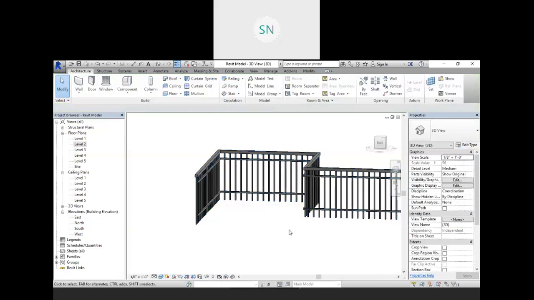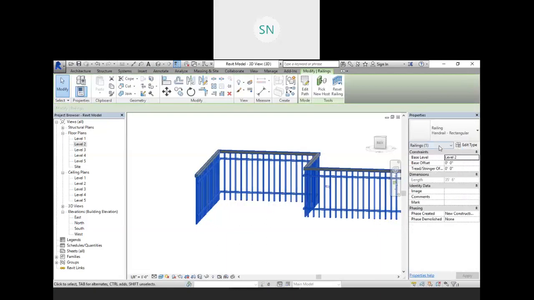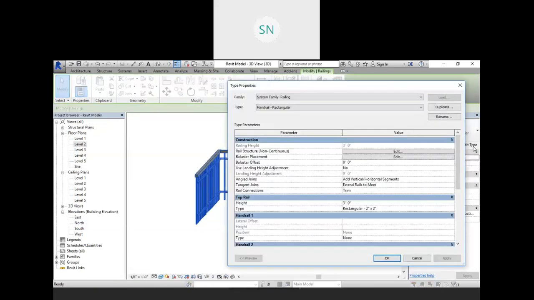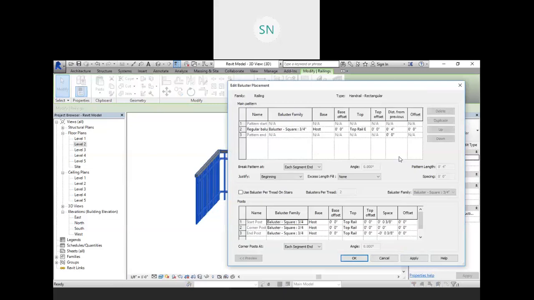So here we have added two horizontal members over here. Now let me discuss the vertical members. These vertical members are known as bar rooster. So select it, go to the edit, and here we have the bar rooster placement option, right? So go to the edit option, and here you need to